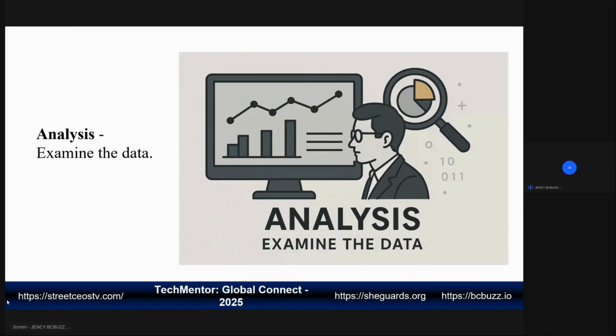Third one is analysis. Examine the data. It is used to search for the digital clues. This is where forensics experts closely examine the preserved copy of the data to find valuable digital clues. It is a bit like being a detective, but instead of looking for fingerprints, we are searching through files, logs, and activity history. Here are some of the things we might look for: deleted or modified files,